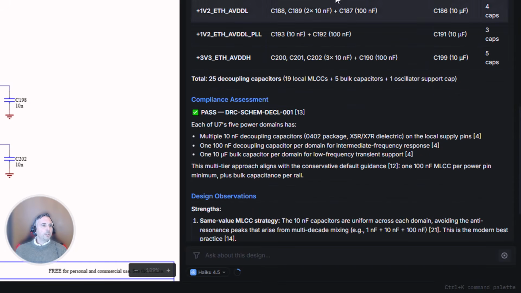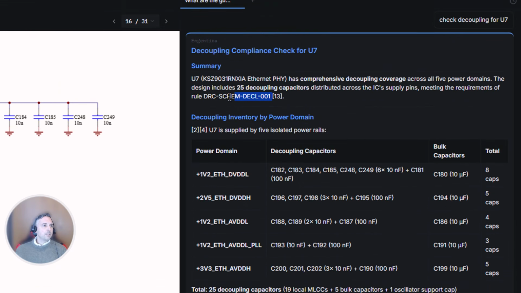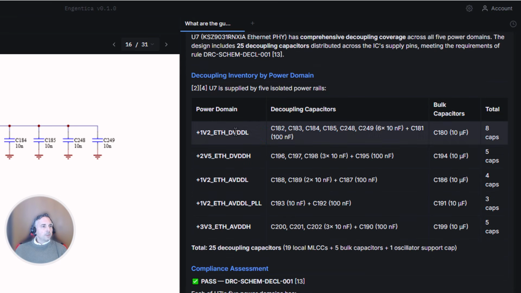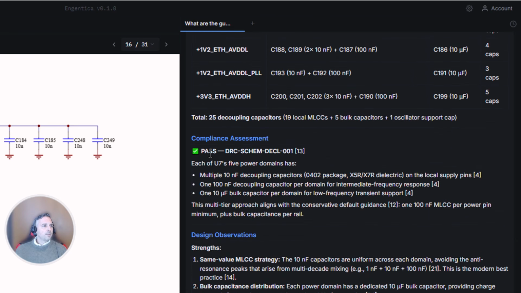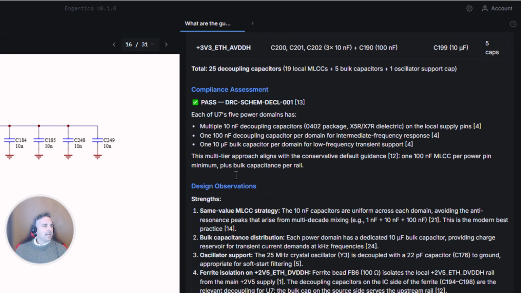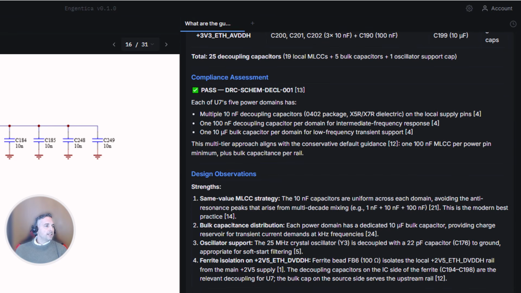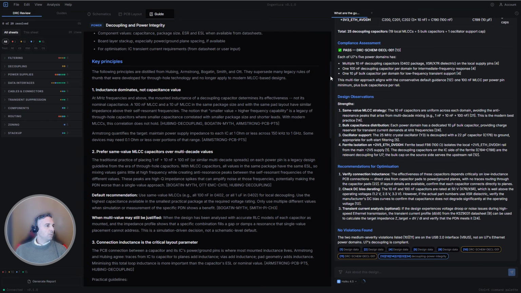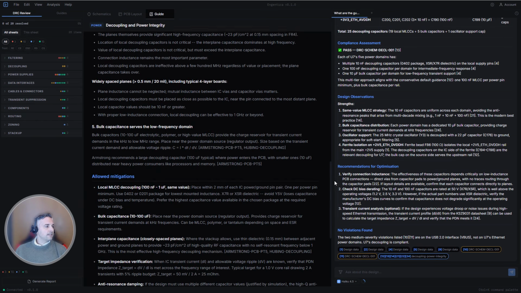So here's a summary, and so it's found the deterministic design rule results, and it summarized the capacitors that are on each rail, and it's given an assessment, pass. This is a great design by Robert Ferenac, so I'm not surprised that it passed. But interestingly, it's also surfaced our decoupling skills guide, decoupling and power integrity, where we've encoded best practices for decoupling